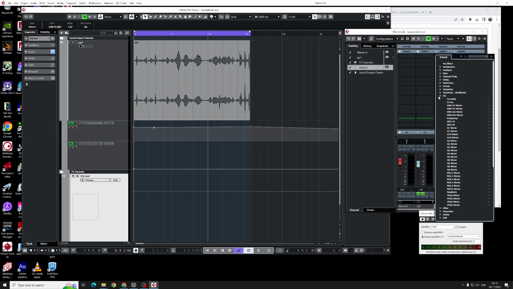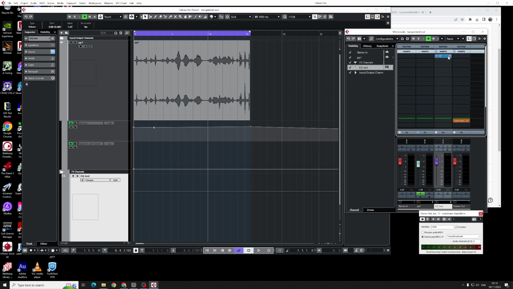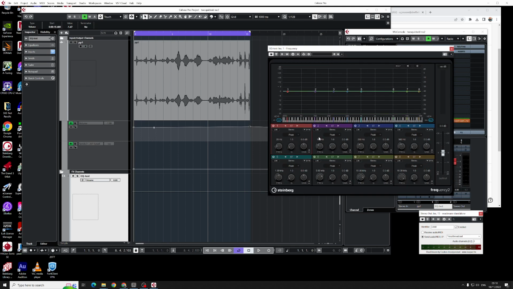Now there are some great EQs, Studio EQ and Frequency, and let's have a look at them. In Studio EQ, you have 4 EQs. With Frequency, you have 8. And not only do these EQs sound really nice, but they can be dynamic. So the level of EQ is proportional to the level of sound going into the EQ. Let's try and test this out. So we can show the spectrum, we can listen to each EQ,